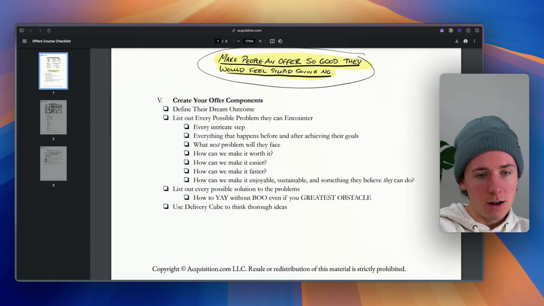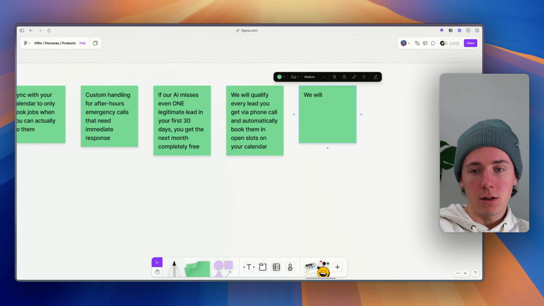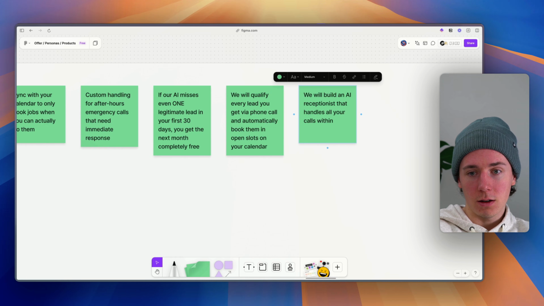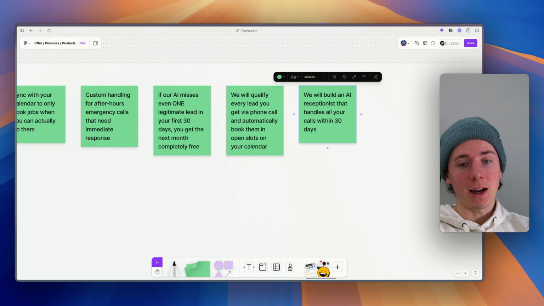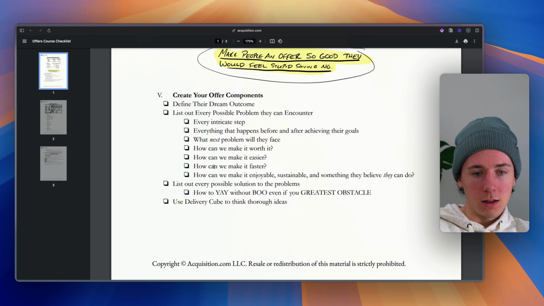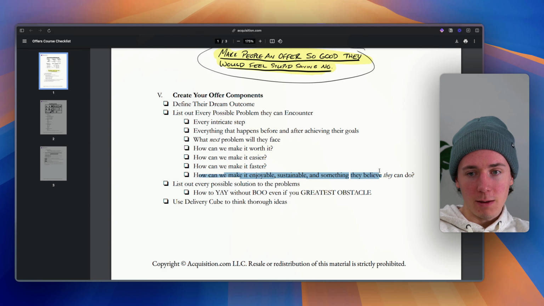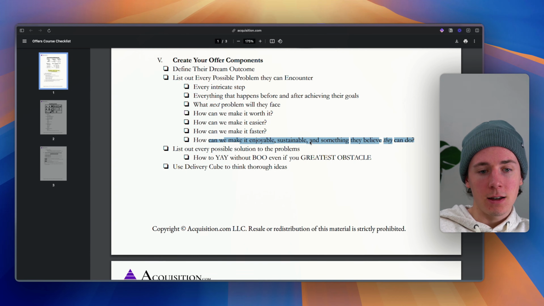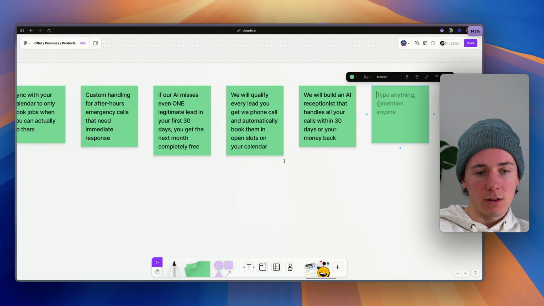We'll make it easier. We will build an AI receptionist that handles all your calls within, I think 2 weeks is a reasonable sign. Within 30 days. I want to just give us ample time for the first couple ones, or your money back. Enjoyable, sustainable, something they believe they can do. So some people might not trust AI. So let's use